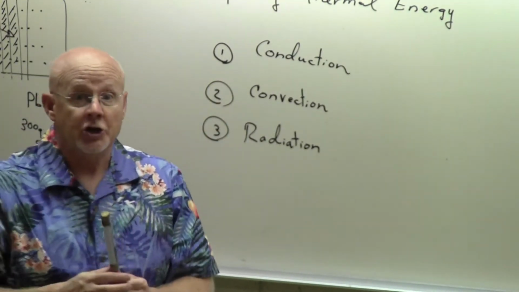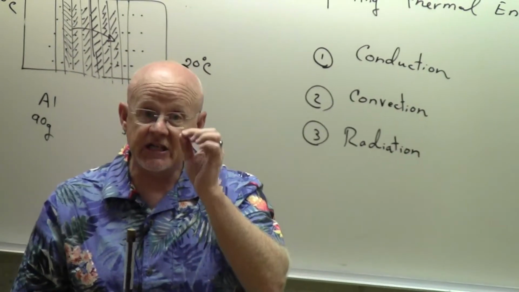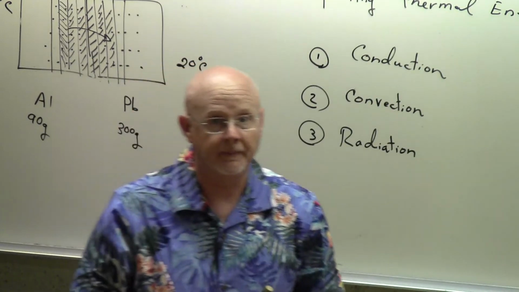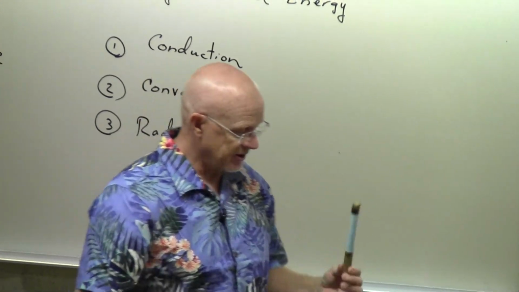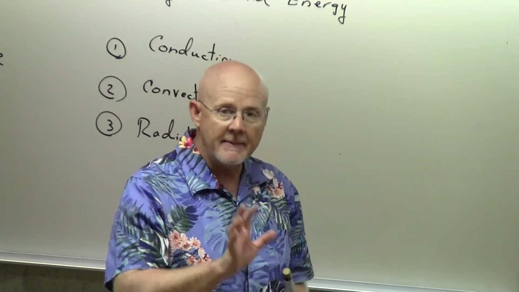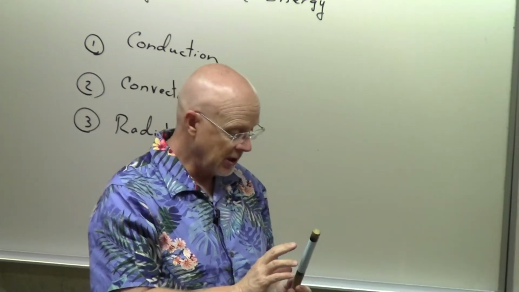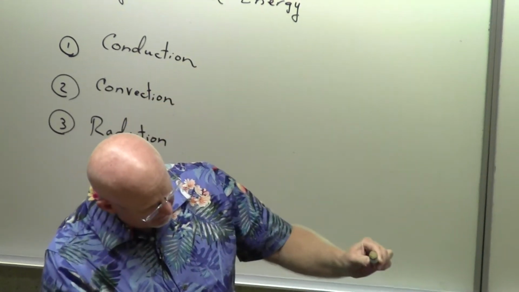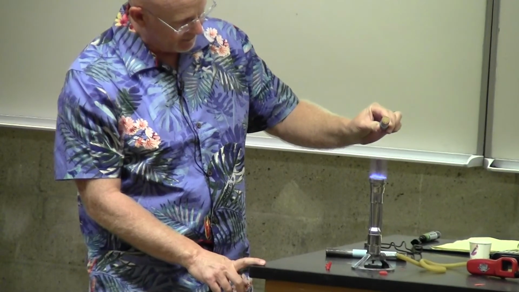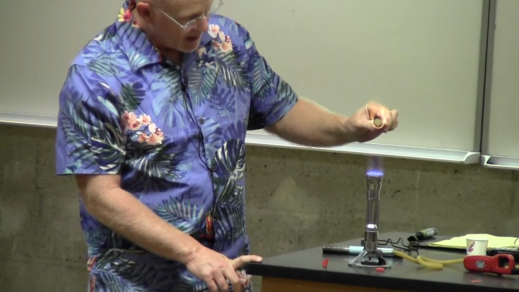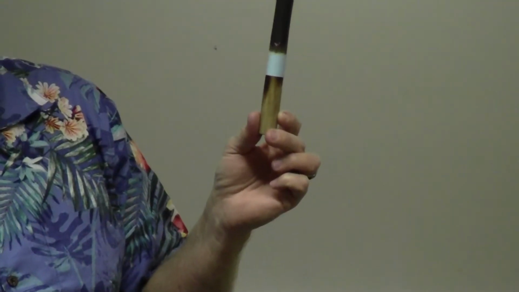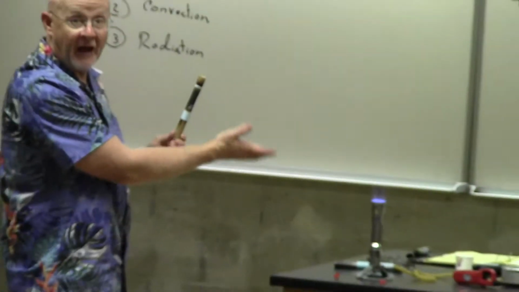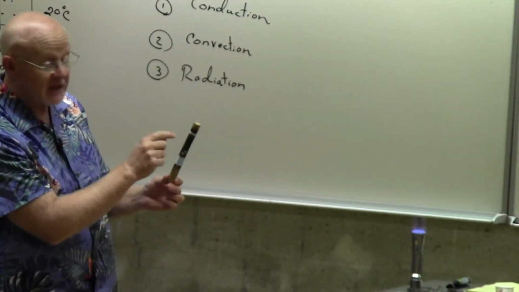The wood is important. Do you remember that chart I was just showing you? Remember the conductivity of wood is really low. This flame is about 1,000 degrees Celsius. So Fahrenheit. Let me take this piece of paper. Let me hold it maybe about this high off the flame. And nobody's really surprised when the paper catches on fire because the molecules on the outside are 1,000 degrees Fahrenheit. They hit the paper